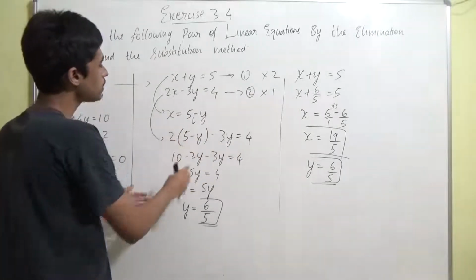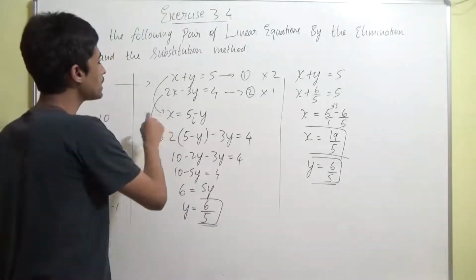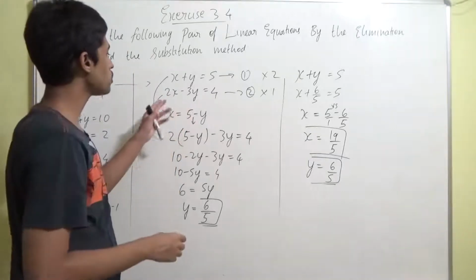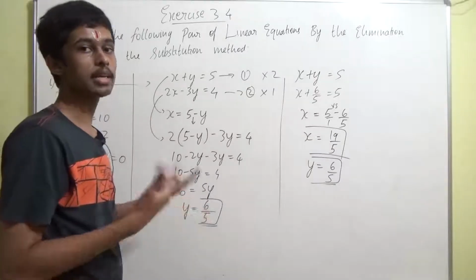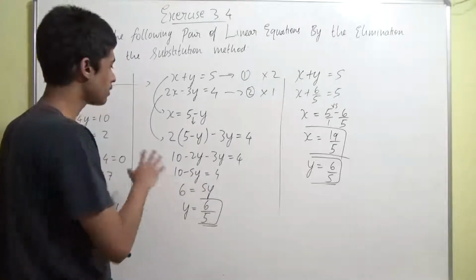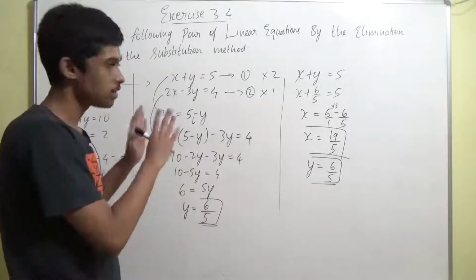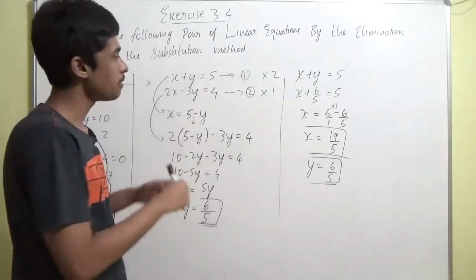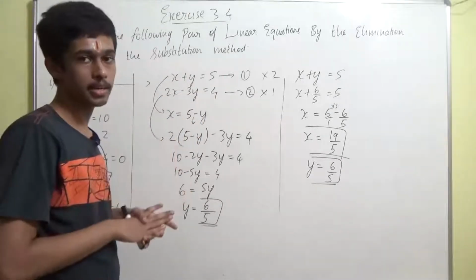Done. Now if you expand this, you are going to get the entire equation in terms of y, because x you already expressed in terms of y, which means when you plug it in the second equation, in place of x, in a way you can say it got eliminated, okay, but it is substitution. But don't get confused, right? This is not the elimination method. When you're substituting, it is called the substitution method. In the process it's getting eliminated, that's it. But our first method, the elimination method, is completely eliminating it, right?